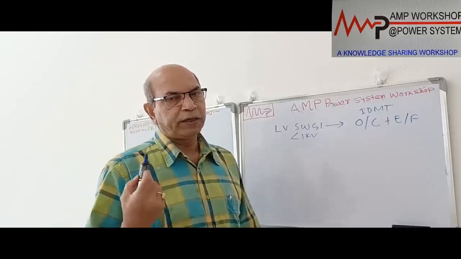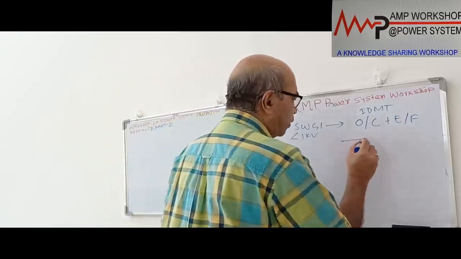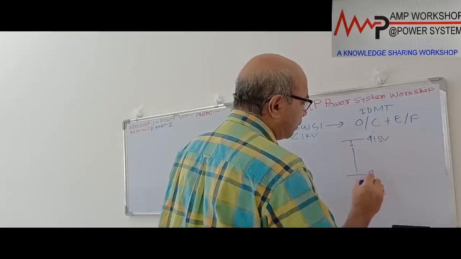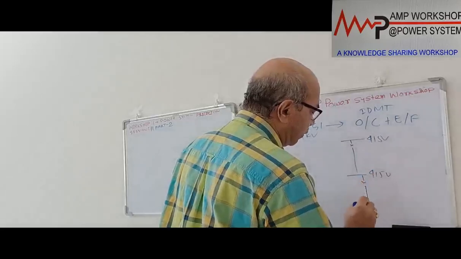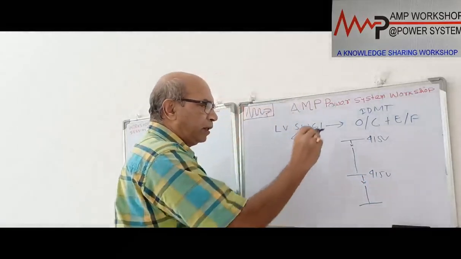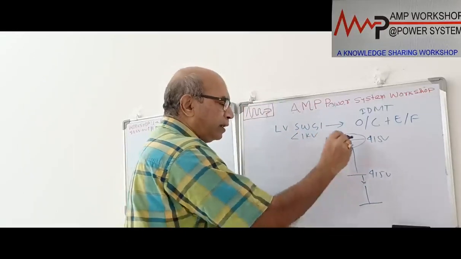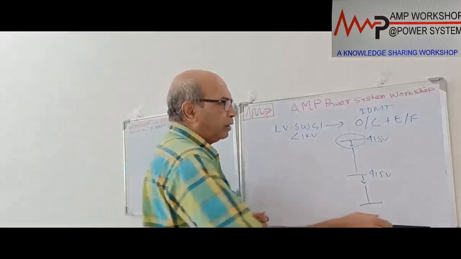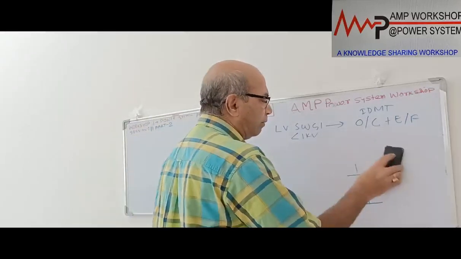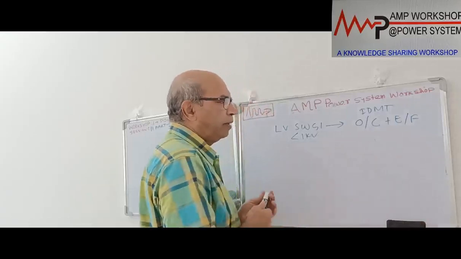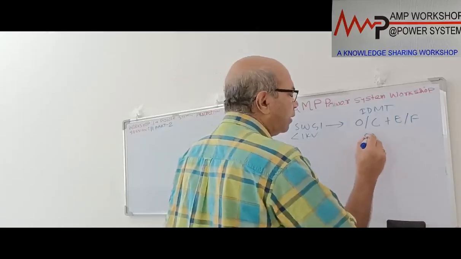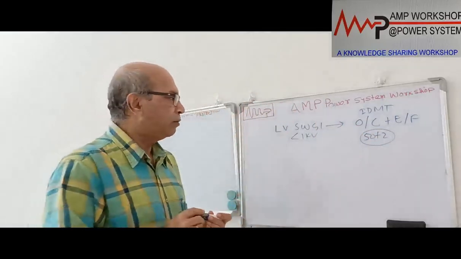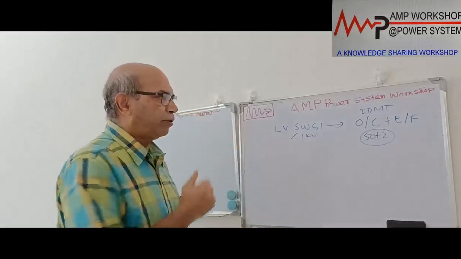successively with feeders to different switchgear of the same voltage level, suppose this is a 415 volt switchgear, from here it is going to another 415 volt switchgear, then from there again to another 415 volt switchgear. If the original 415 volt switchgear is linked with two or three downstream 415 volt switchgear, in that case this IDMT overcurrent relay needs to be backed up, or it should be provided with at least one level of instantaneous overcurrent relay with a timer. Otherwise, with the coordination, it will be too much delayed. That we will discuss when we go to LV switchgear busbar protection.